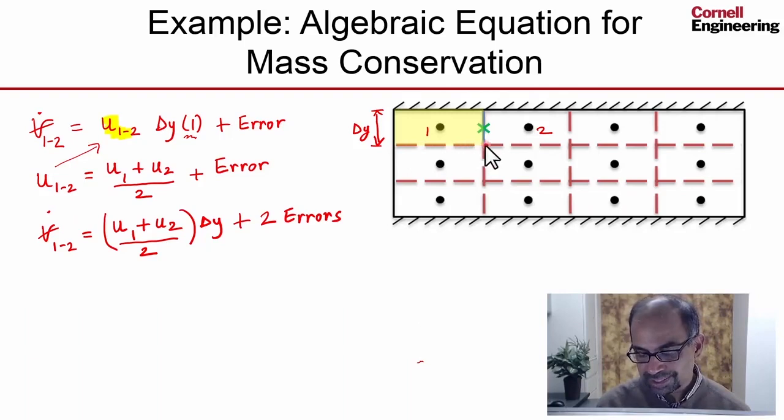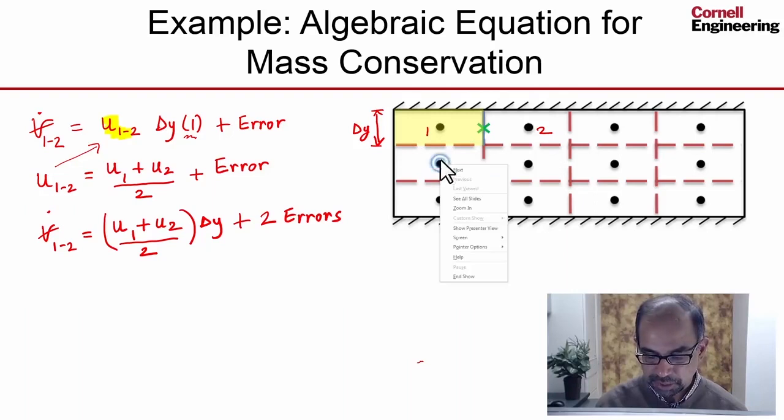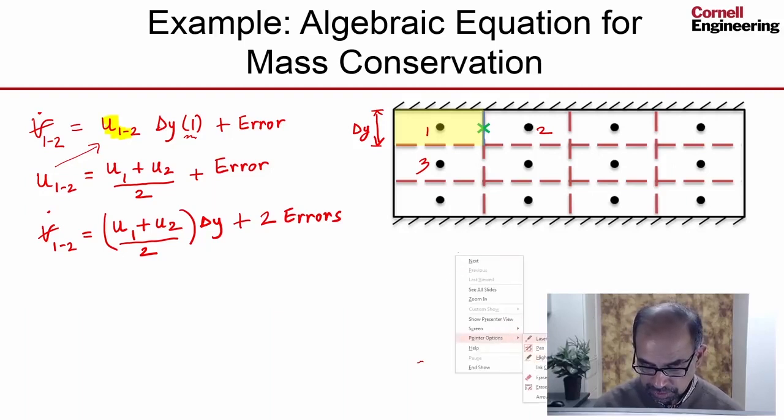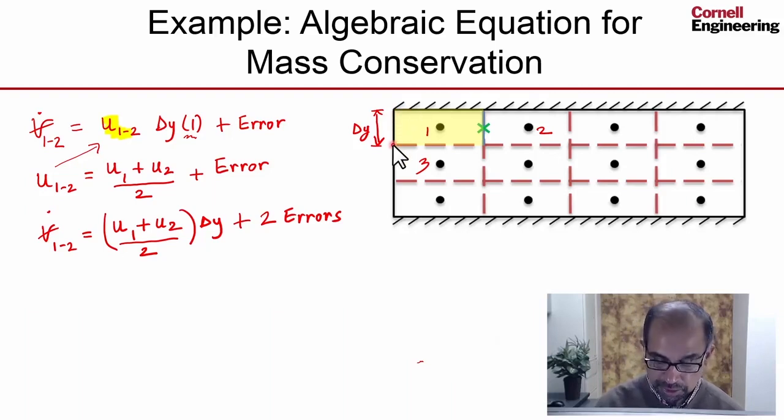Similarly, to calculate the volume of flow going through that boundary, I'll have to interpolate between the velocity over here and the velocity over here, and let's say that's cell 3. So I'll have to interpolate between cell 1 and cell 3, particularly the v velocity, that is a velocity in the y direction. I'll let you work that out. And then the contribution from the top boundary is going to be 0, and the contribution from the left boundary is going to be known because we know the velocity coming in